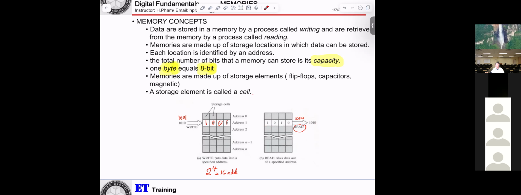Now you understand the process for writing the data or reading the data. Another thing you need to know, if I change the data 1001 to a data 1010,